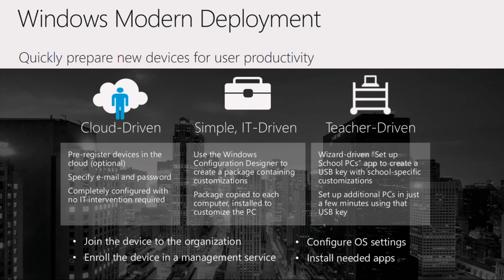You put that information in, it enrolls the device in Azure Active Directory, enrolls the device in a mobile device management service, pushes the rest of the configuration down from that MDM service, and uses that to fully configure the device. That's the direction that we want to get to, that fully automated capability where you could